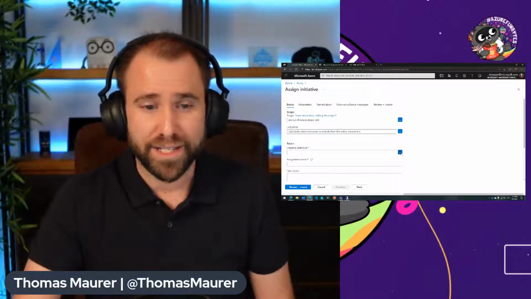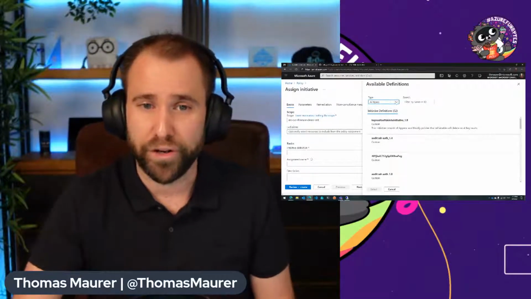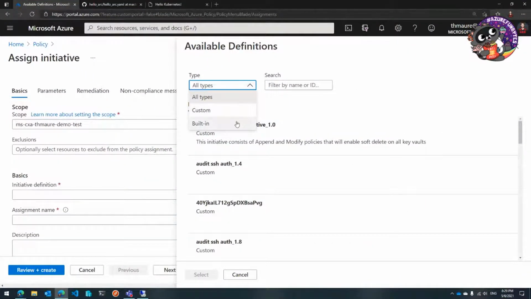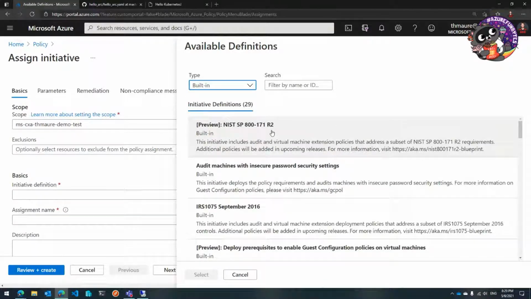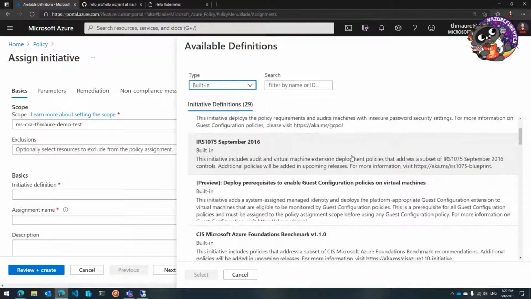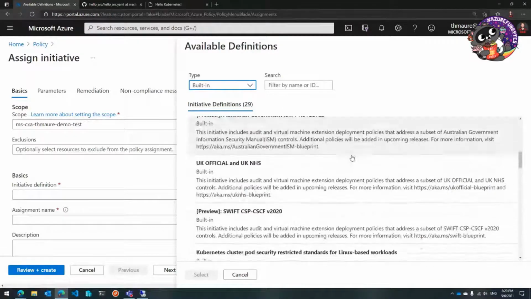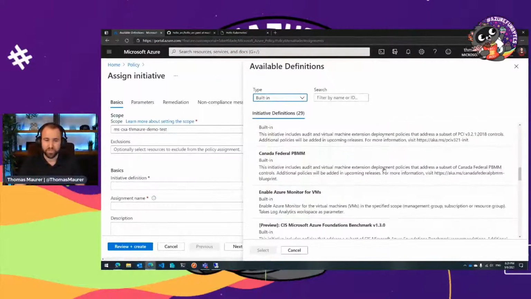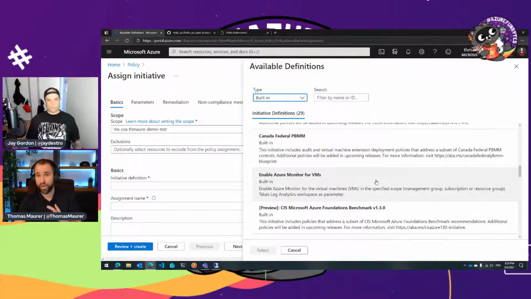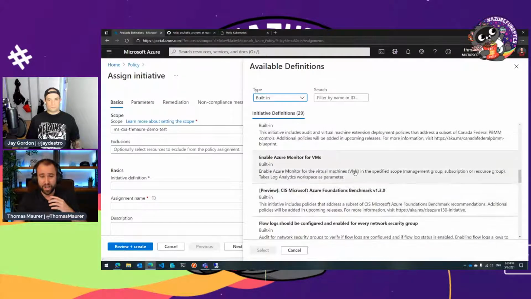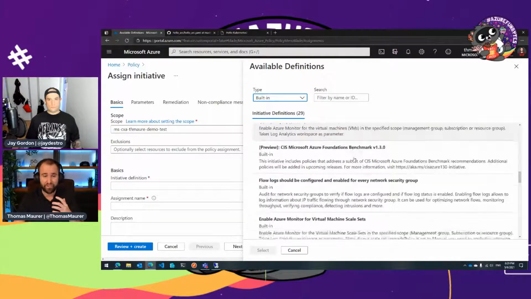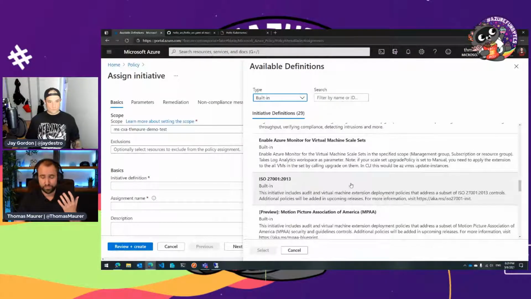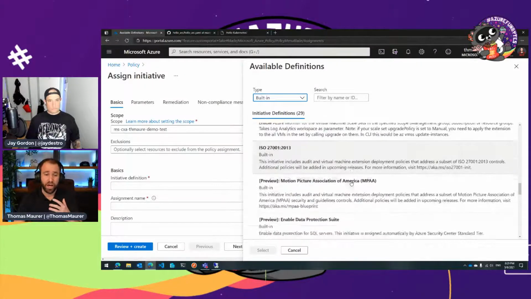And I can then select the definition. Now, this is actually the important part. Azure really offers a couple of built-in definitions. So if I switch here to the built-in ones, you can see I have a list of different Azure Policy definitions. If I scroll down here, you can see I have a couple of them which are, for example, very technology-focused, right? To make sure, for example, we have Azure monitoring enabled for servers, right? But you can also see that I have a couple of them which are actually industry specific, right? So we have things like if you need to follow the industry certification for ISO or for others, like